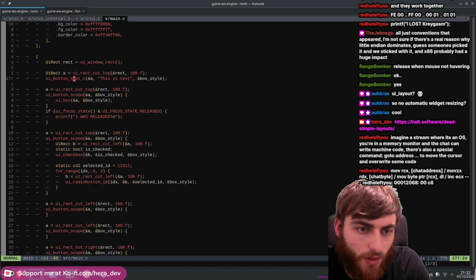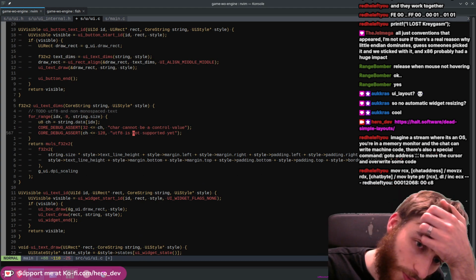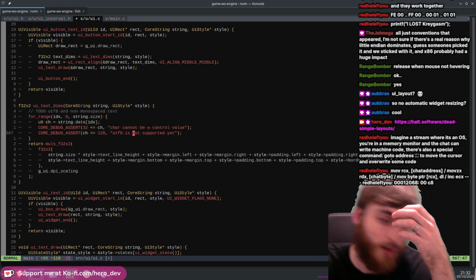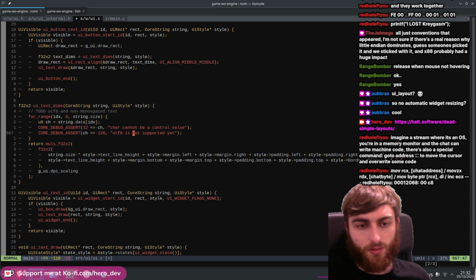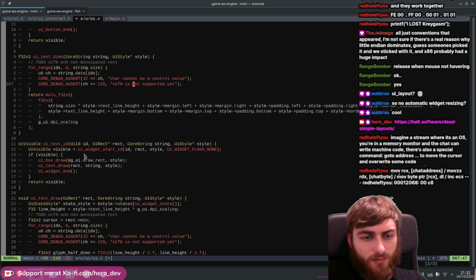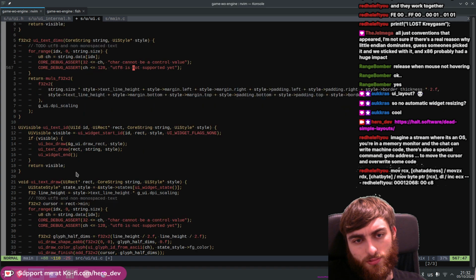So yeah, we passed in the style so we get the line height from there. Then we was like, you know, we really need you to have the whole sort of margin and all that padding stuff. But when we did the text, after that,